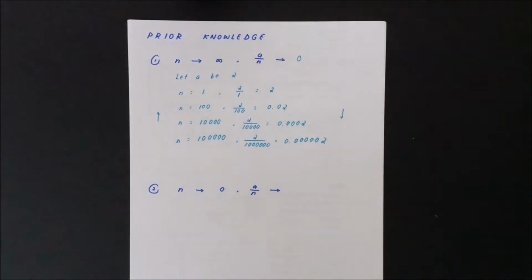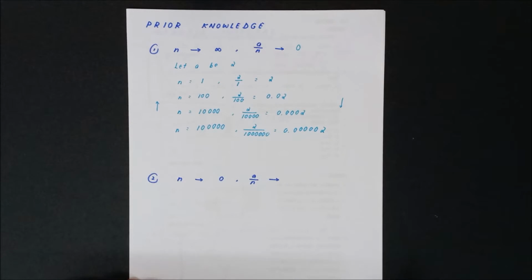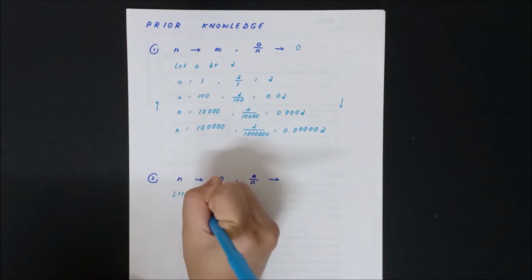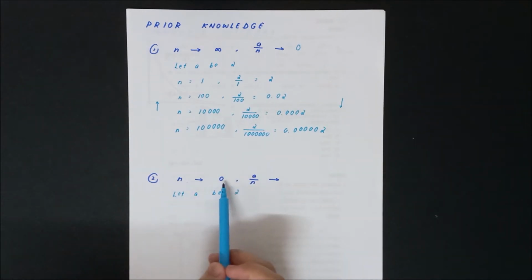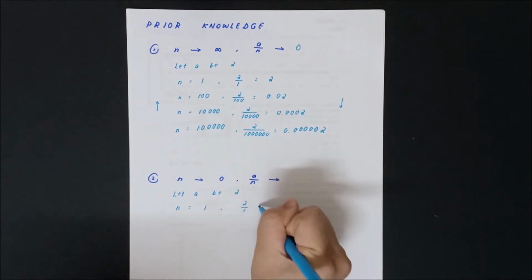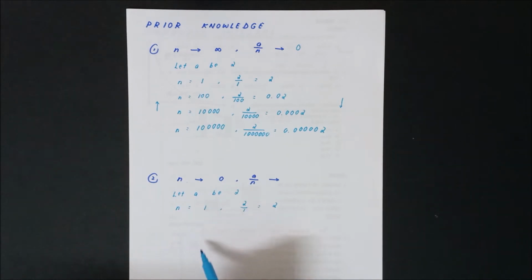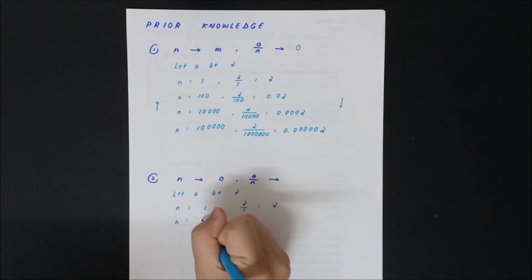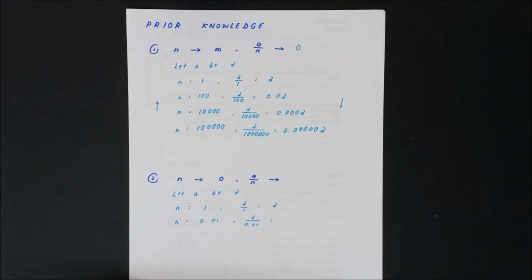Now let's look at the second one. When n approaches 0, what happens to a over n? The same thing, let us try to use 2 also. So let a be 2. This n approaches 0, right? So we can start with 1 also. So 2 over 1, you are getting 2. Since n approaches 0, this number should be smaller and smaller. So n becomes maybe 0.01. So 2 divided by 0.01, what are you getting? You will be getting